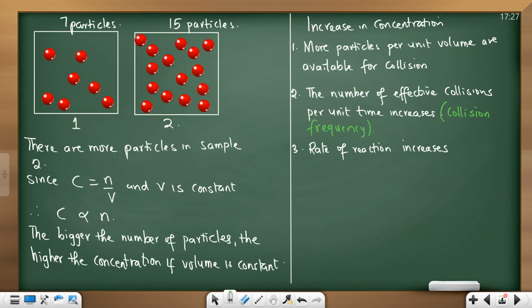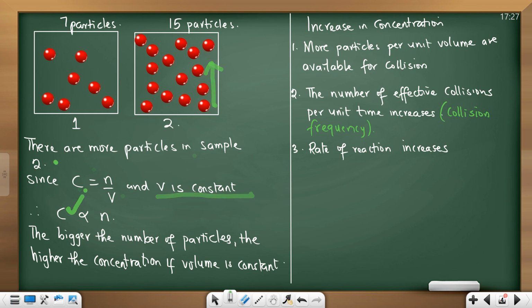And look at what I try to demonstrate here. If you look at 1, there are 7 particles there. If you look at 2, there are 15. But the sample space remains what? The same. Where do I have more particles? 2. Where am I likely to have more collisions? 2, because there are more people now. So there are more particle samples in 2. Since C equals N over V, and V is constant, the higher the number of particles, the higher the